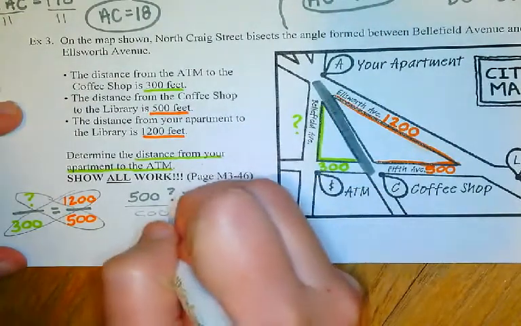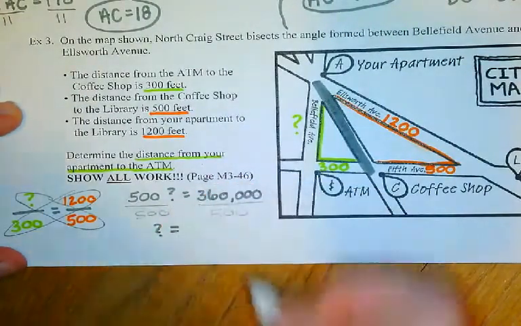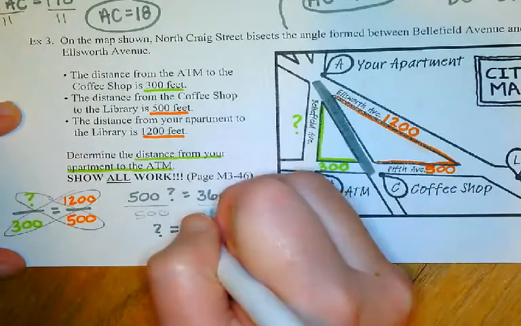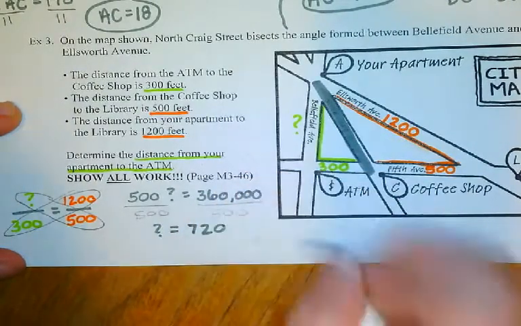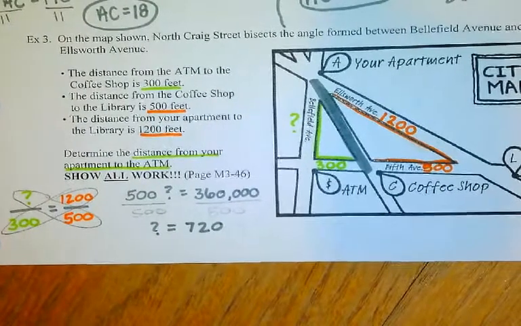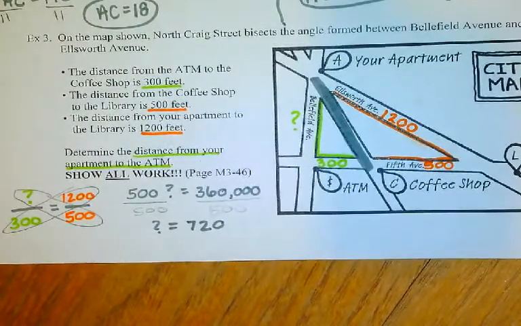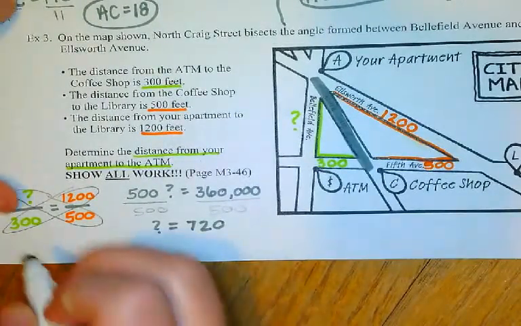So our question mark is equal to 720. Alright, guess what? This was a word problem, right? So how are we going to answer? With our words. So we would say